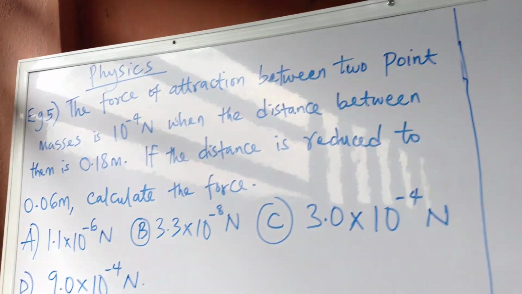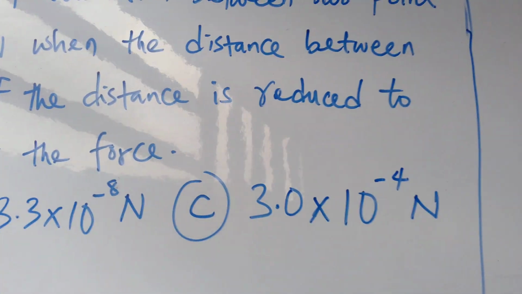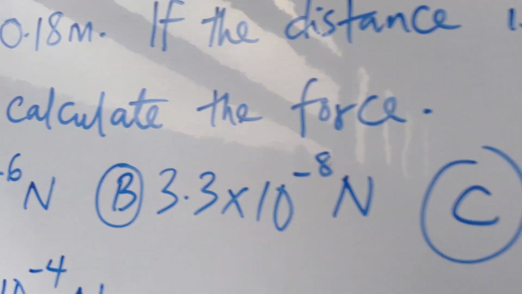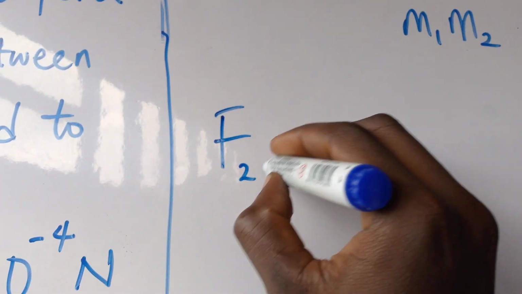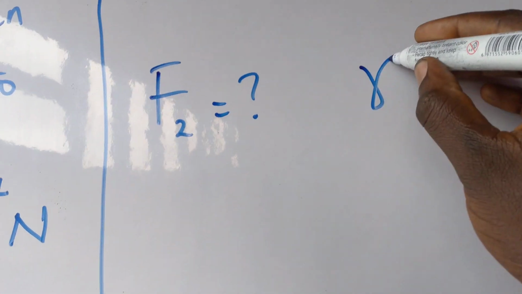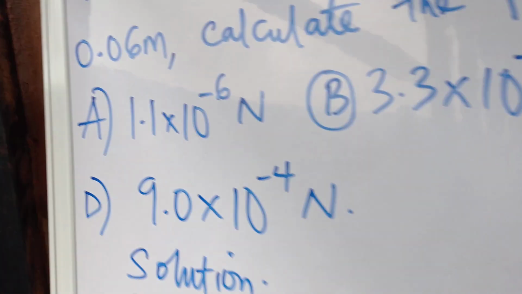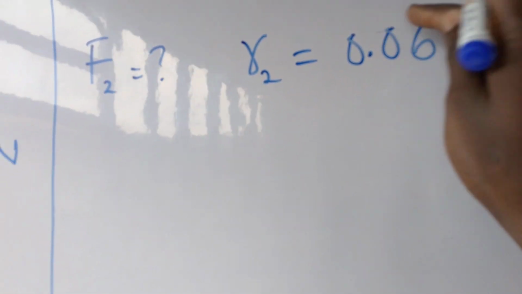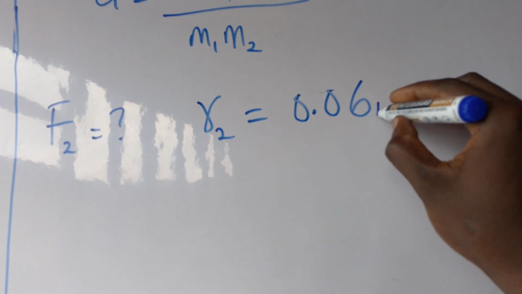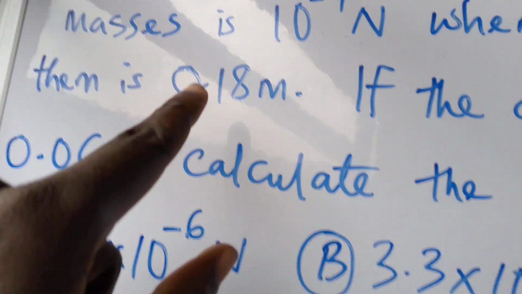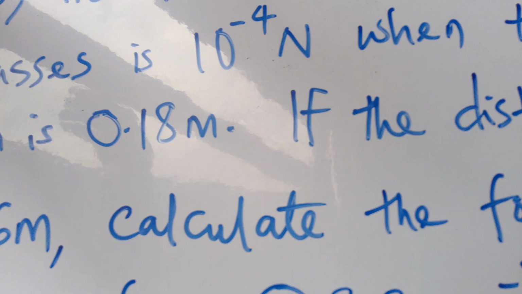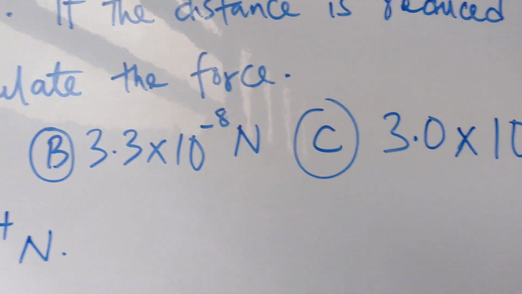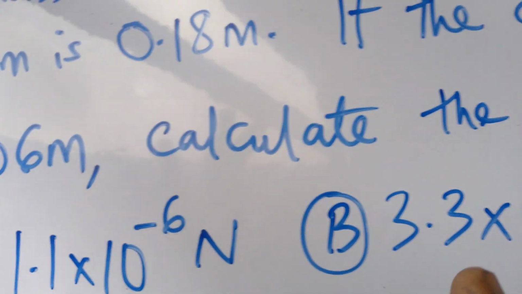Then I continue. It goes on to say, if the distance is reduced to 0.06. Now in the second case, we should calculate the force. That is, the second force is F2, when the distance R2 is equal to 0.06. Actually, the initial distance was 0.18 in the first scenario, where the force was 10 to the minus 4. In the second scenario, the distance reduces to 0.06 meter and we're asked to calculate the